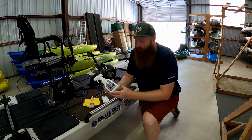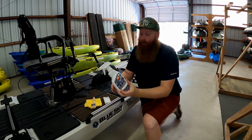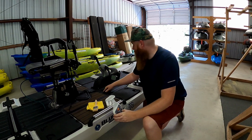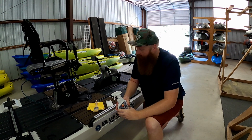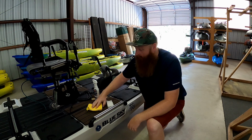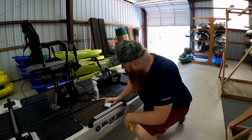We're also going to use 303 aerospace protectant, one of the best UV protectants out there. And we're going to be using this on the hatches and any of the black material here. Really give some UV protectant and bring the shine back into that. And I'm going to use a brush to get it in on the crevices, and a microfiber towel to clean it all back out. So as I go up front here,